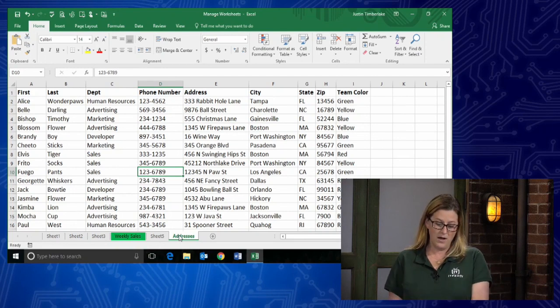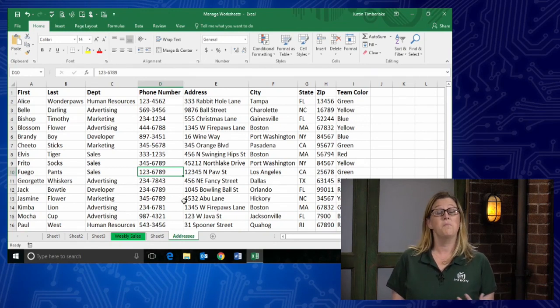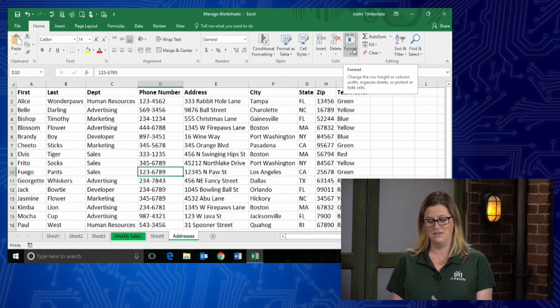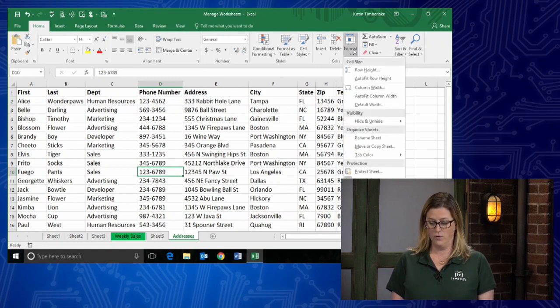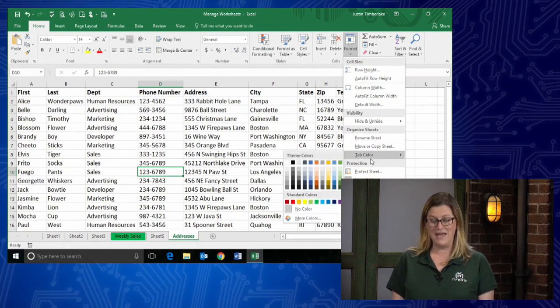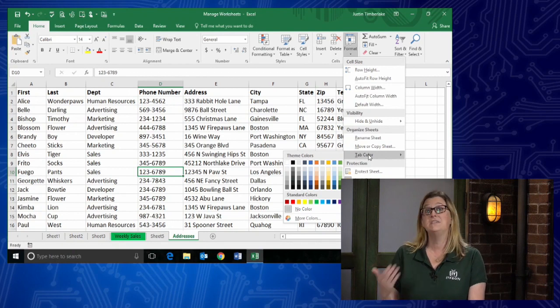Perfect. So when I'm on our other sheet, you could right click. There's nothing wrong with that. But I did want to point out that this renaming and some of the things that we're going to be doing with managing our worksheets can be done on the Home tab. And over here towards the right, there is Format. And when you click on Format, there are Rename Sheet, Move or Copy, and then there's that tab color there. So you can do some of the things from the right click or